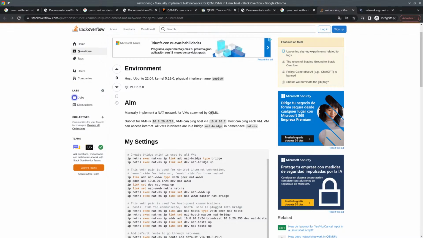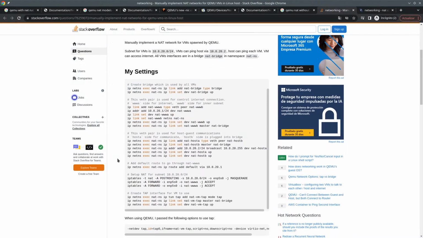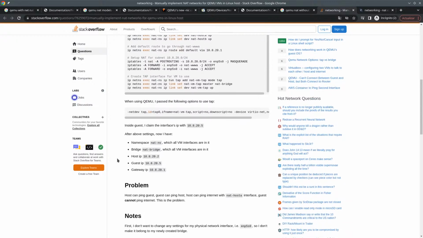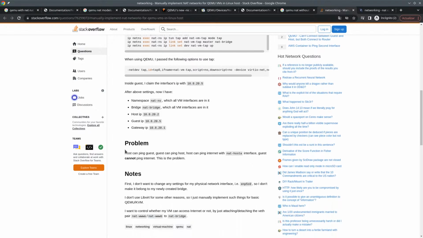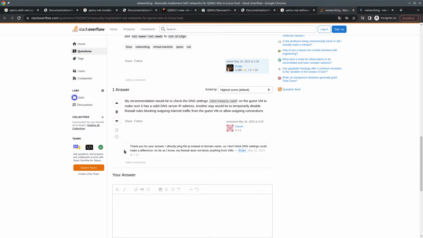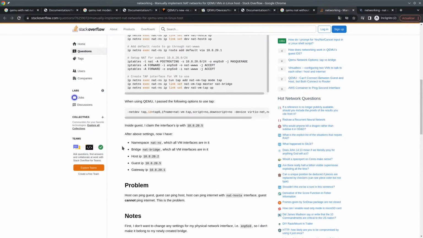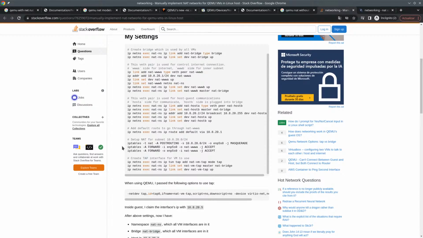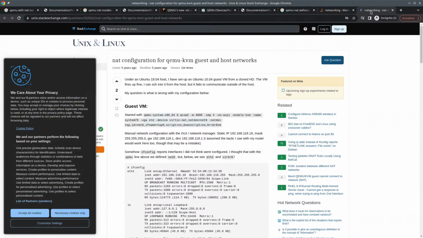Manually implement the network. ID tap, ifname tap, script no, abstract node. Yeah, so I guess that he's doing this manually.